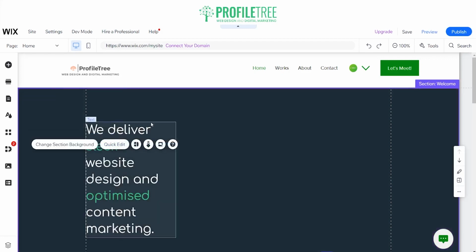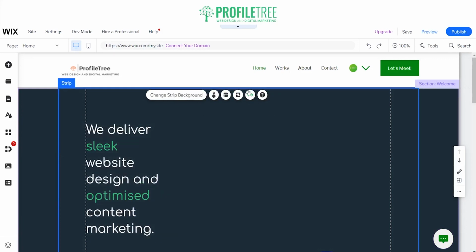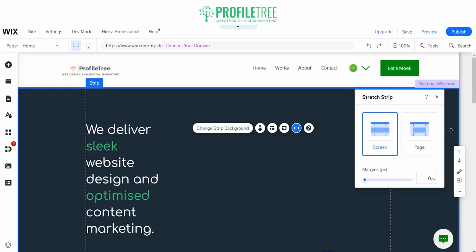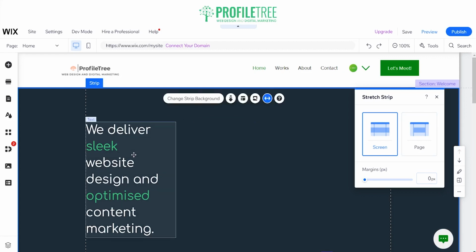Just like so. So it is currently stretched. That's the whole screen. Margins. Zero that margin. We don't need that. Okay. Now. Okay, so